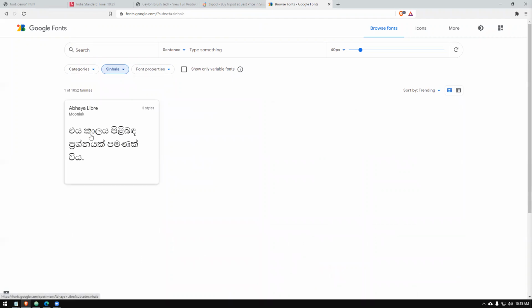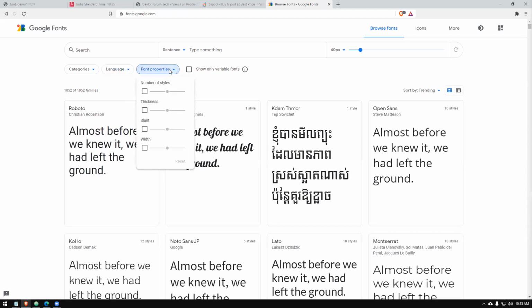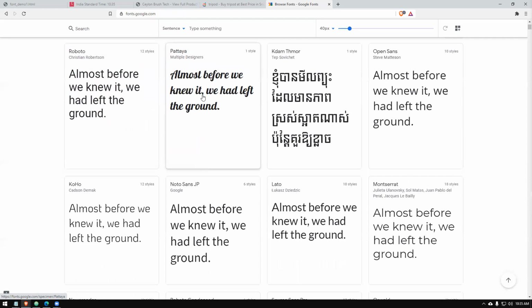So that was the text that they have given, right? Awesome, right? So likewise, we can use, just we'll set it to all languages. Font properties you can choose. This is customizing, right? So thickness you can set, right? So whether you want bold, slant, I'm just leaving it to default, right? Okay, so let's go for a font like this, right? So it says Patta, right? So maybe a Patta font, right? So you can make use of this particular font.